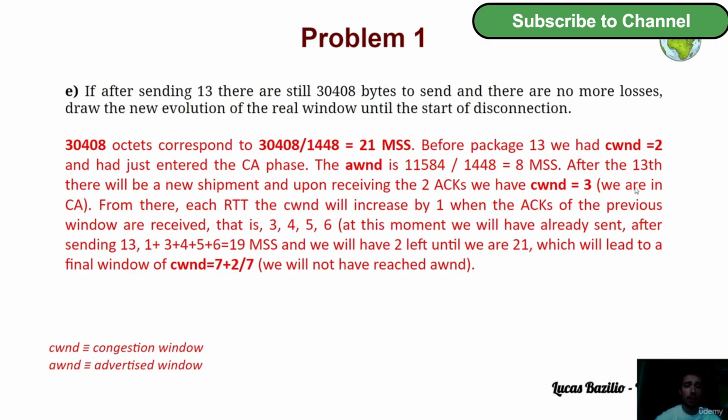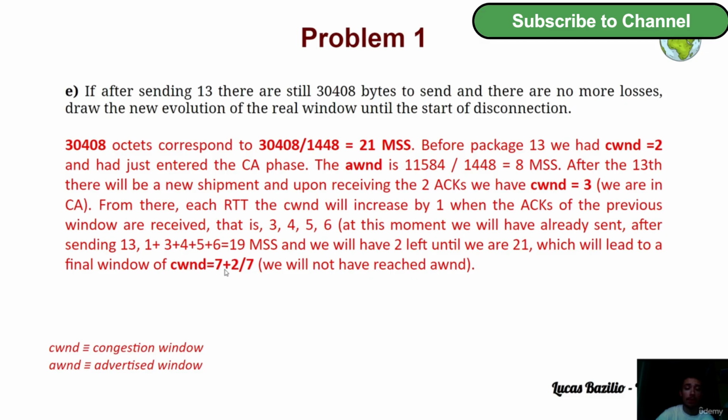And so after the 13th package there will be a new shipment, and upon receiving the 2 acknowledgements we will have a congestion window equal to 3, and from there each round trip time the congestion window will increase by 1, when the acknowledgements of the previous window are received, that is 3, 4, 5, 6. So after sending 13, we will eventually have sent 1 plus 3 plus 4 plus 5 plus 6, which gives us 19 maximum segment sizes. And so we will have 2 left until we reach 21,